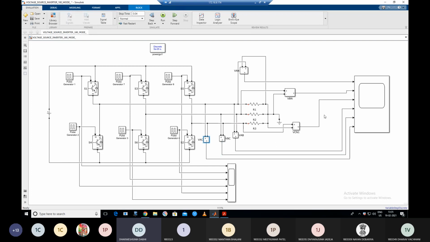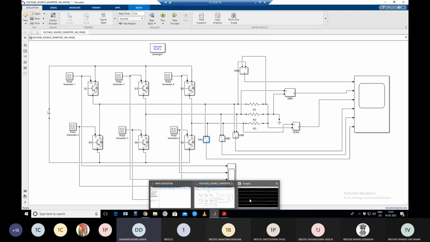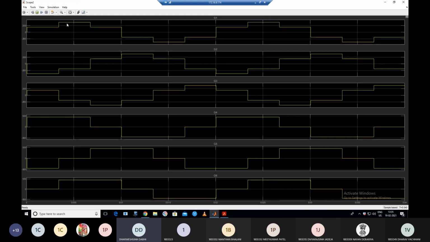Clear? So here we measure the 6 parameters or 6 voltages, 3 line voltages and 3 phase voltages. All of you please see the notebook. What is the waveform of line voltage and phase voltage? And then verify this line voltage and phase voltage by simulation. Here I already ran this simulation. So check this waveform. The first 3 are the phase voltages, and the next 3 are the line voltages. You can see this.